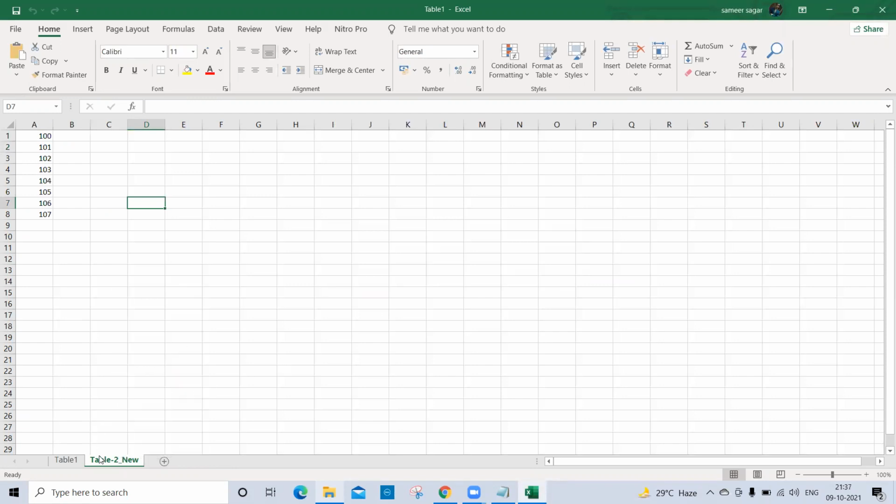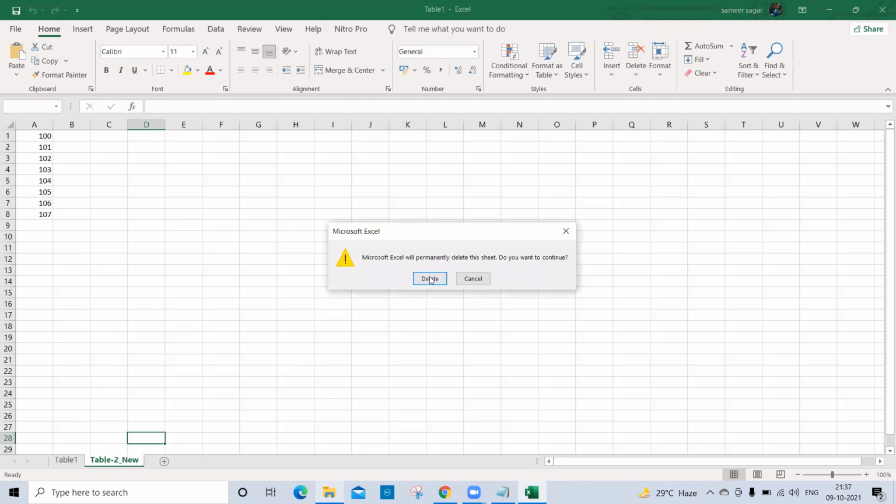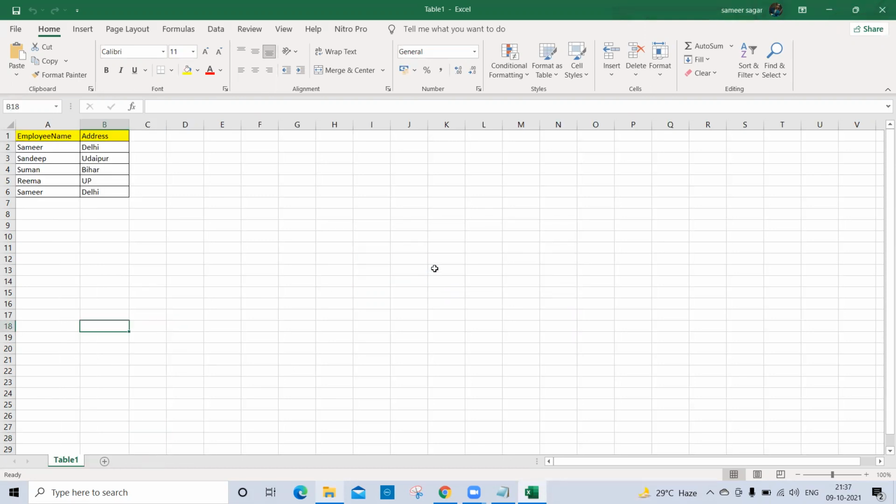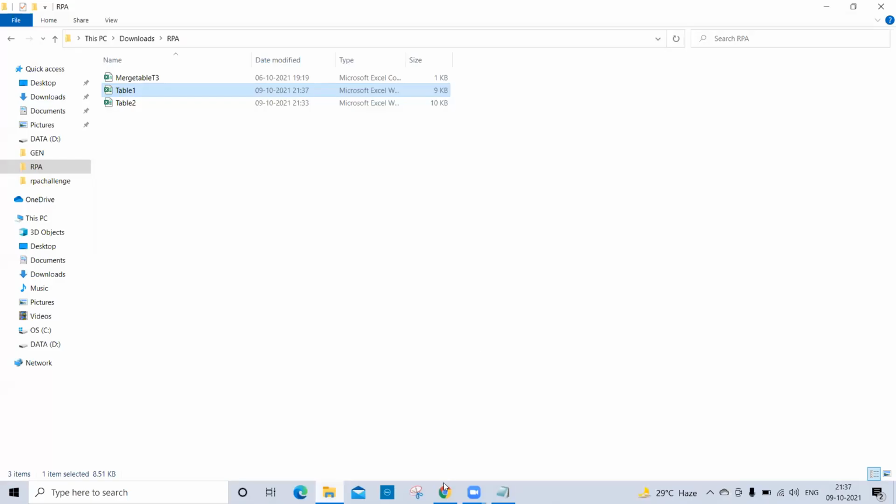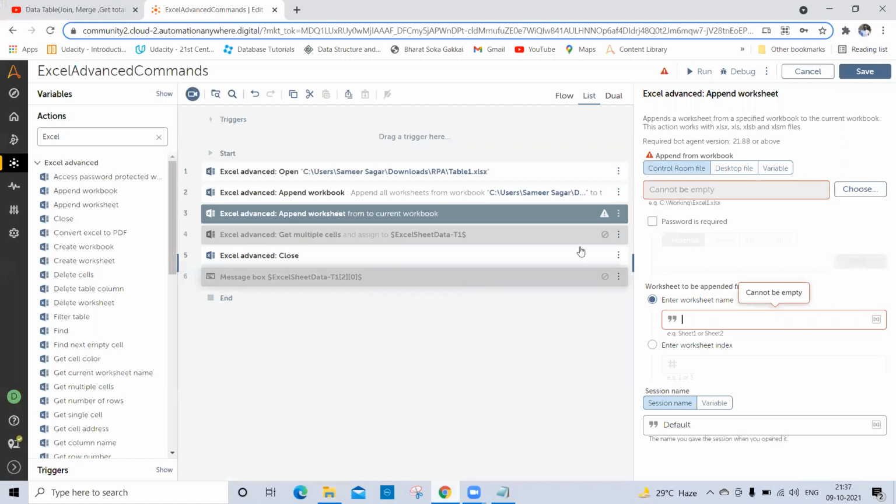Let me copy this name. I want to add only this sheet from the Excel file table 2. Okay, let me save this one. Here I want to enter the worksheet name, so I'll paste this one.